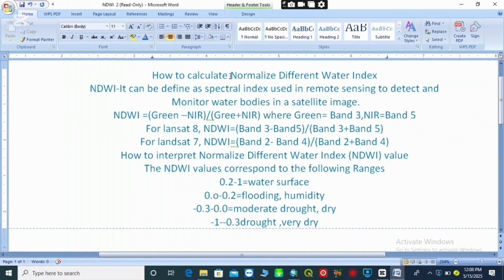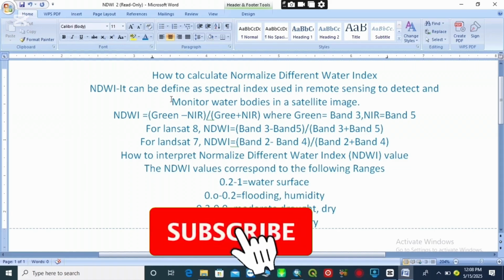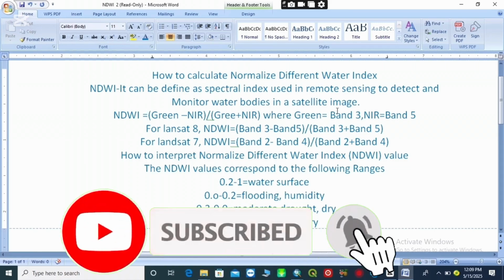In today's video, I want to show you how to calculate normalized difference water index in ArcGIS. What is normalized difference water index? It can be defined as the spectral index used in remote sensing to detect and monitor water bodies in a